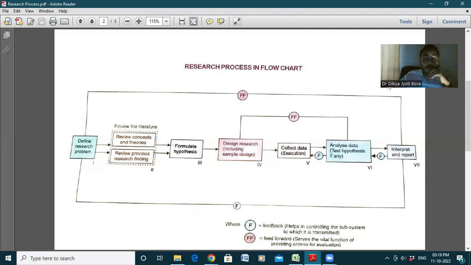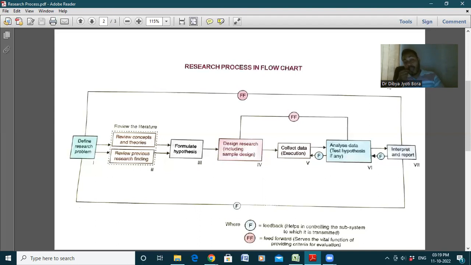So when you have the data, then you need to go to the analyze of data stage. So analyze the data means that you have considered one hypothesis, right? Now you have to test that hypothesis. Okay, a hypothesis that you have considered whether it is true or false. Then interpret and report. दिखाई दे रहा है आप लोगों को यहाँ पे एफ एफ भी ये सब लिखा हुआ